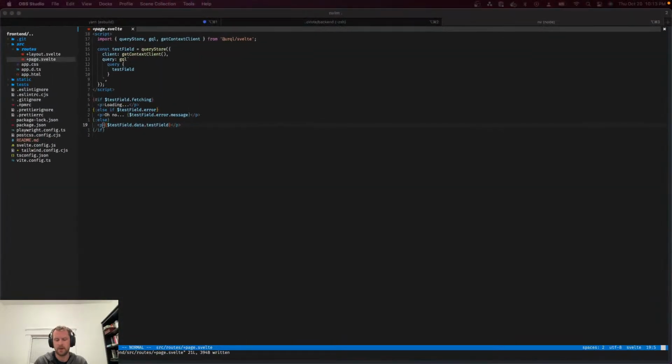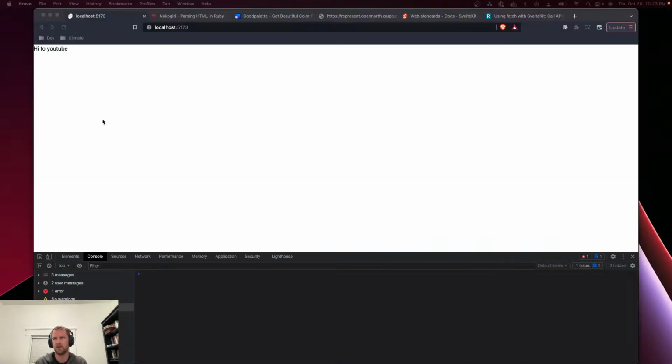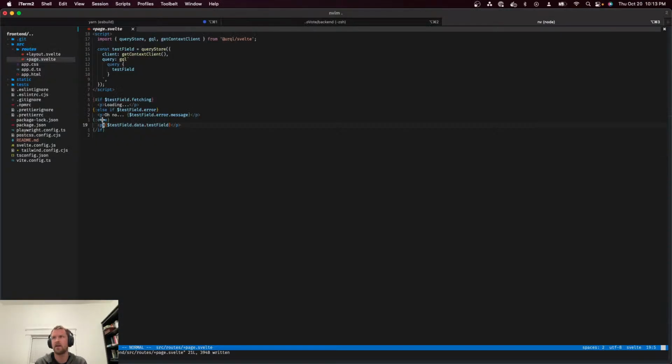Alrighty, hello everyone, and we're back again on, I guess, round three of building out this voting app. And last time we basically got to this point with URQL and SvelteKit fetching data from the back end. We have the Postgres database set up, we have the Rails API set up, and yeah, now we've got